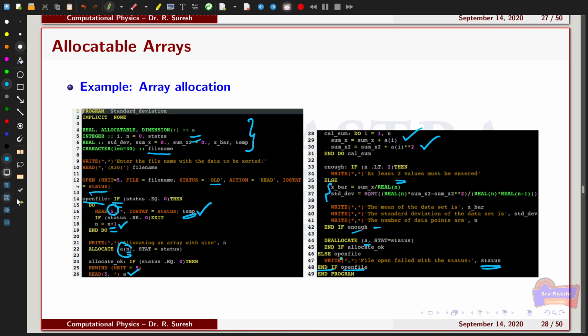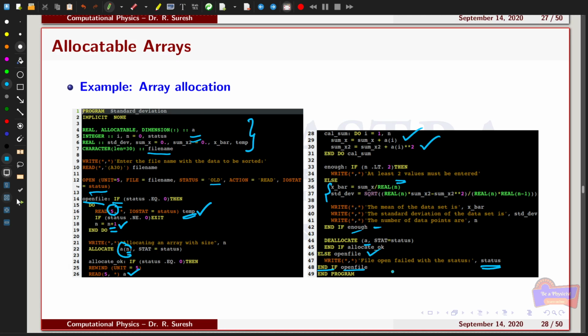Similarly, if this if has another else command, it also uses the same name. So if you are using named if constructs as well as do loops, it is always easy for debugging as well as for maintaining the program.